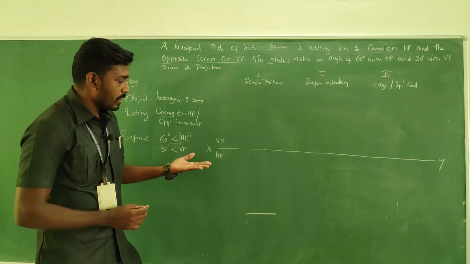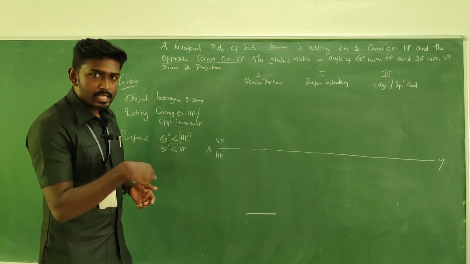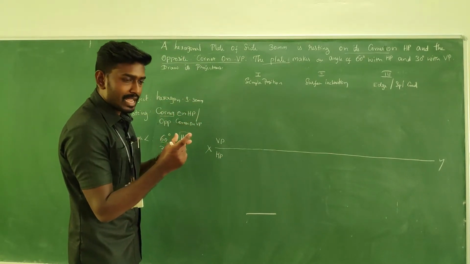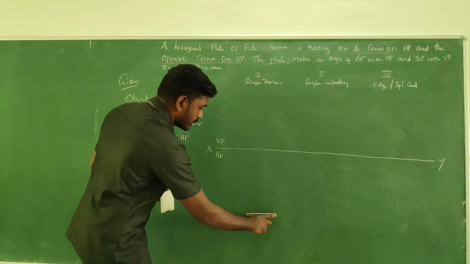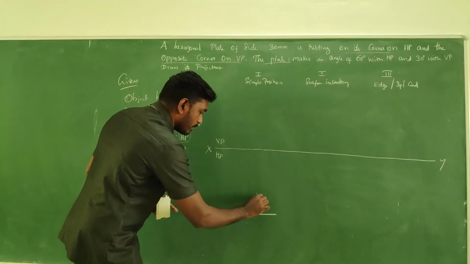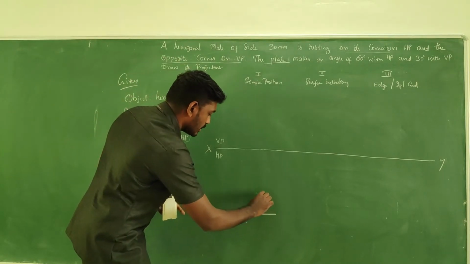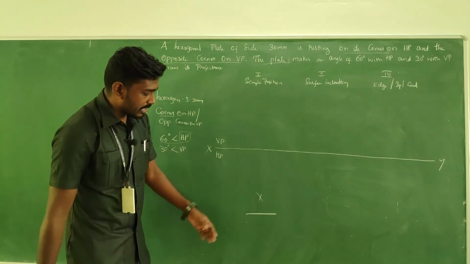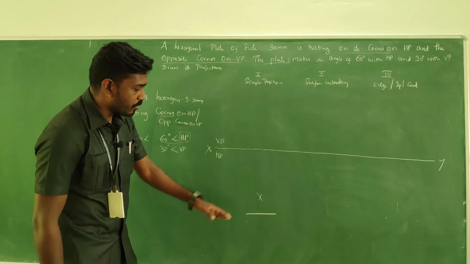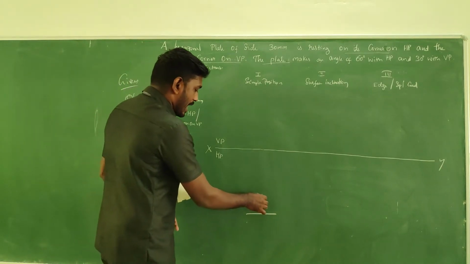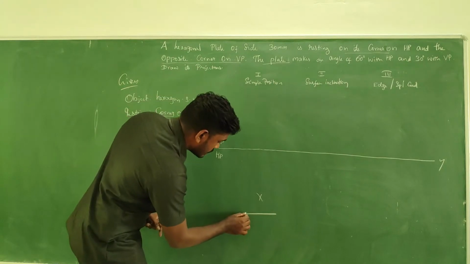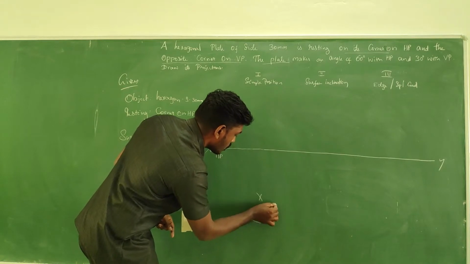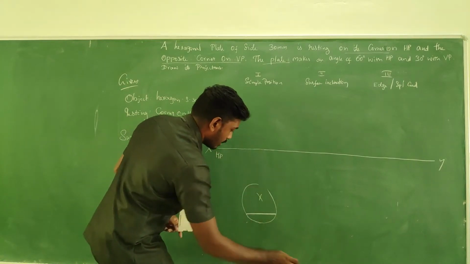In order to draw the hexagon, you need a center. Okay, so for that take your compass and measure 30 mm. Just measure it, and by keeping at this end go for a cut, and then from the opposite end go for one more cut. Something like this you will form the center. So this is the center for the polygon. By keeping at this center, go for a circle. When you keep at this center and draw a circle, it comes like this.